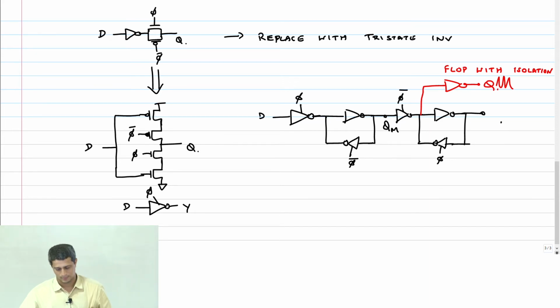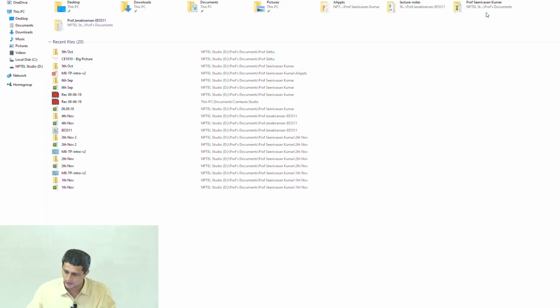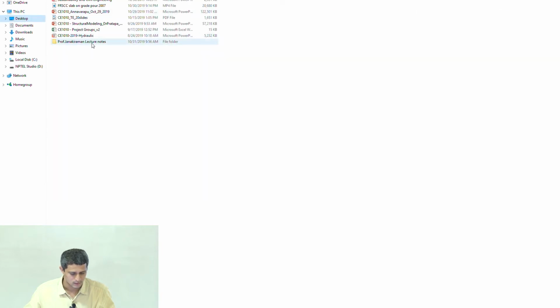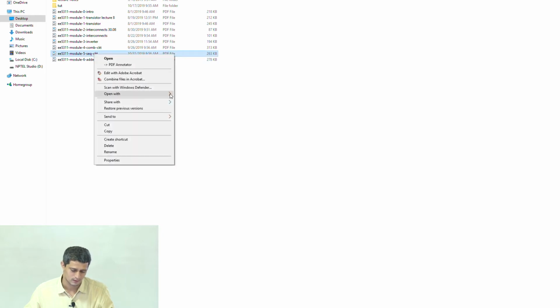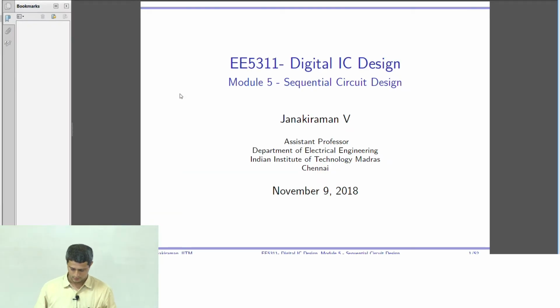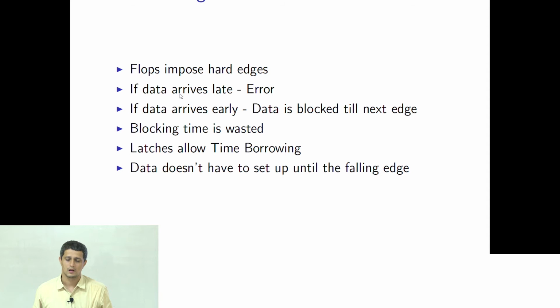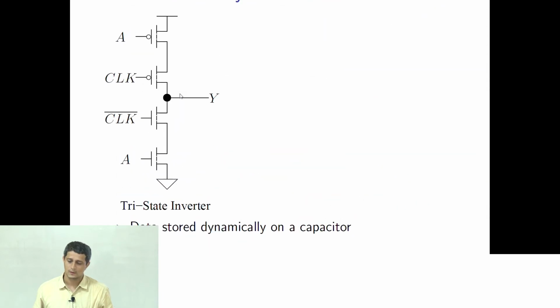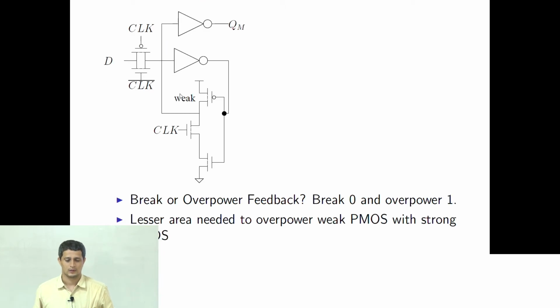Okay, so let me show you one more interesting circuit here. What is this? Look at this latch here.